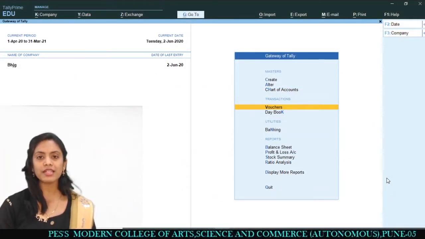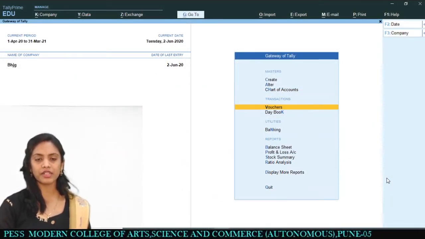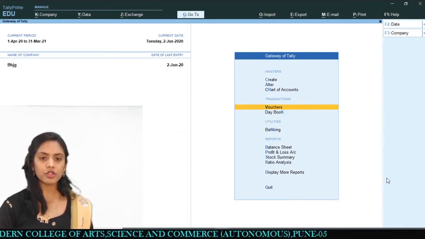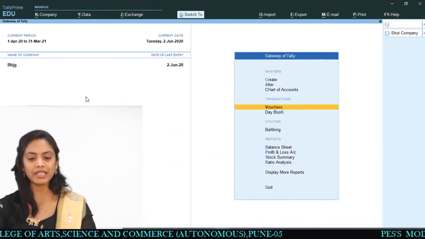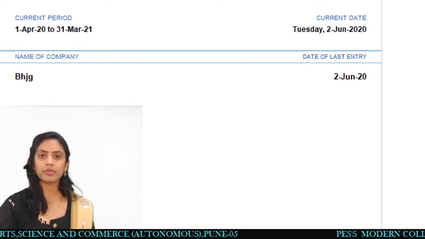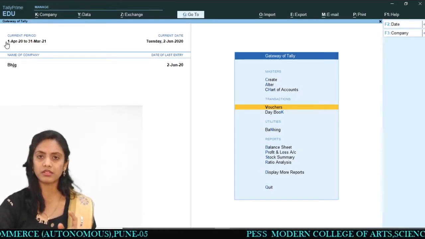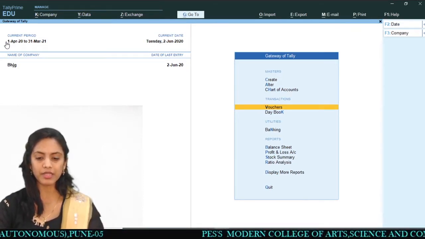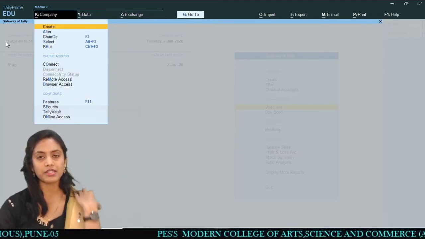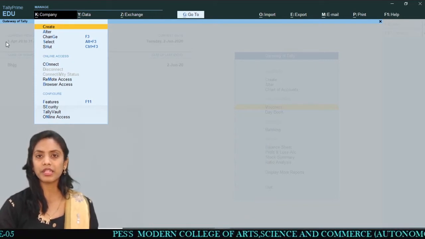Now you can see in front of you the screen of Tally. Once again, first of all you have to check which company is open here. So here the company is not Rubik's Limited. So once again we have to choose from the company option, that is the Alt plus K option. I will press Alt plus K and you can see the company menu over here.